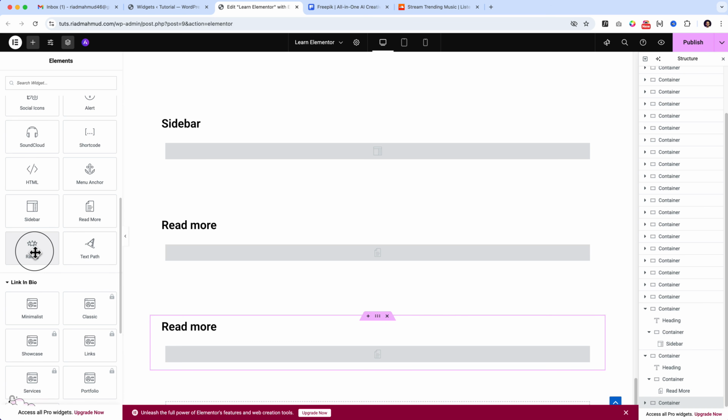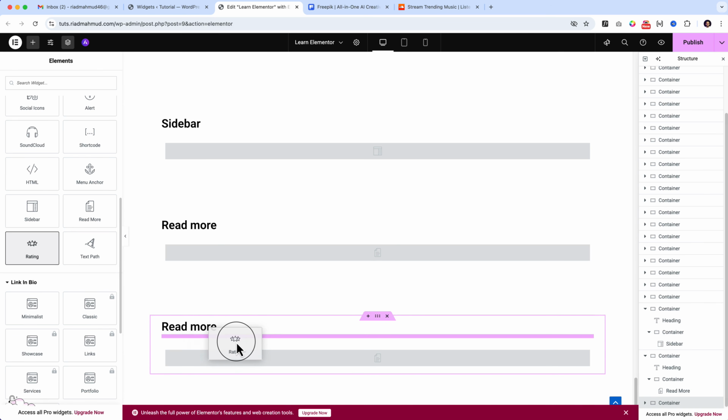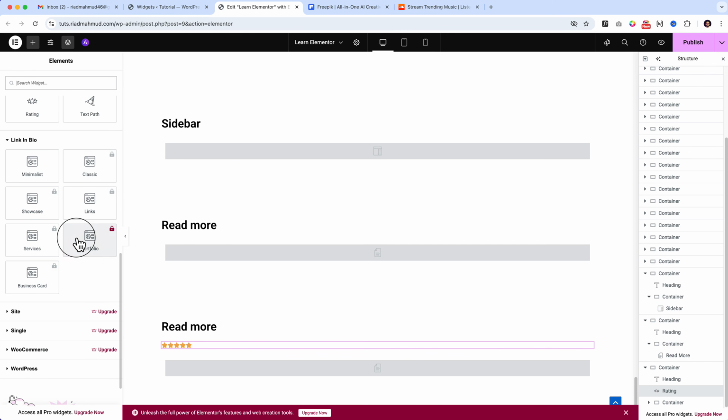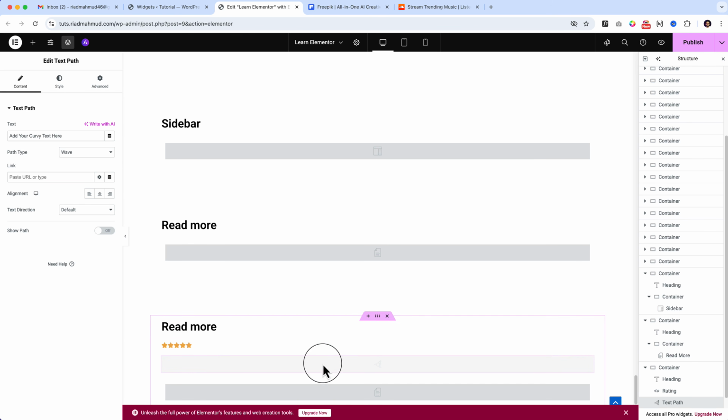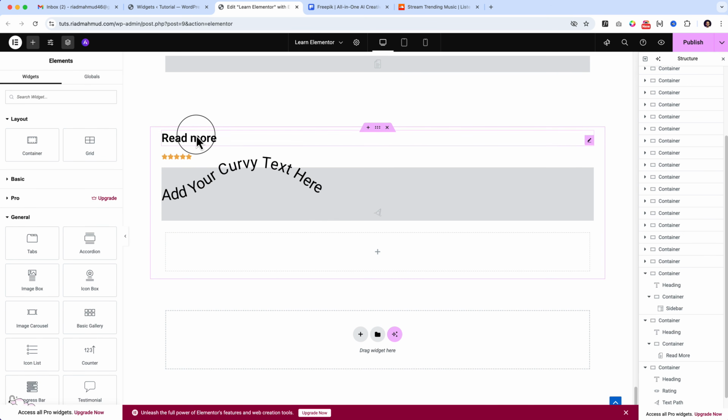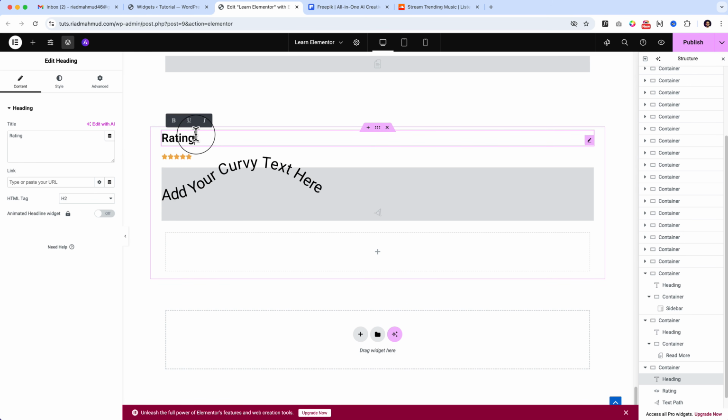So here you can see the rating and the path. I'm going to drag the rating, and at the same time I'm going to drag the path here so that I can discuss with you and remove the remaining item. So type here rating or star rating